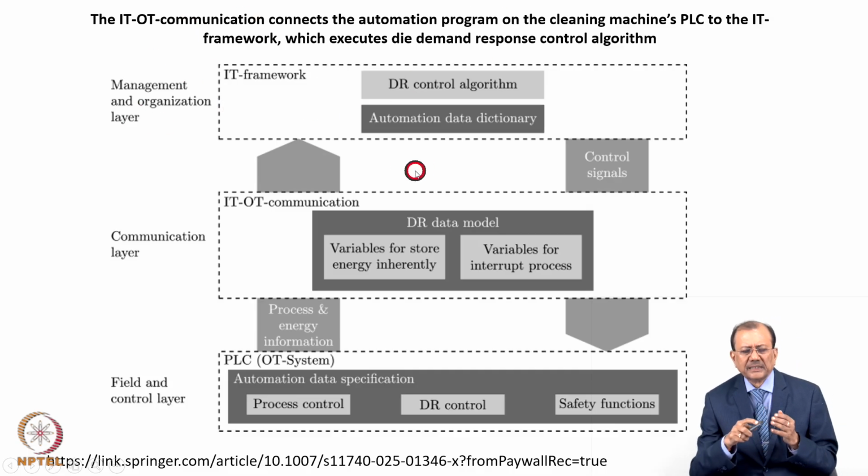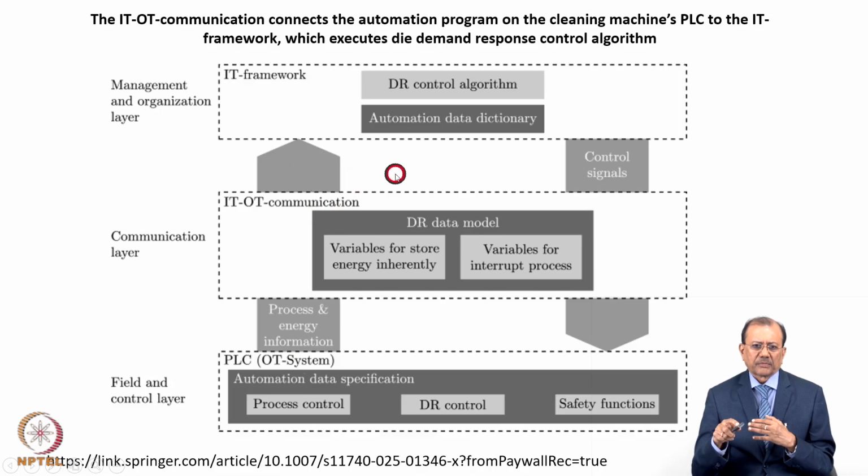OT systems are basically the systems which are attached with the devices in the plant area, in the field area. Sometimes these are DCS systems, or PLC systems, or SCADA systems. So one requirement is that a viable and seamless link between IT and OT systems should be established. This is a fundamental requirement of setting up the digital twin. You can see this link here, and if you would like more detail, there is a research paper available.